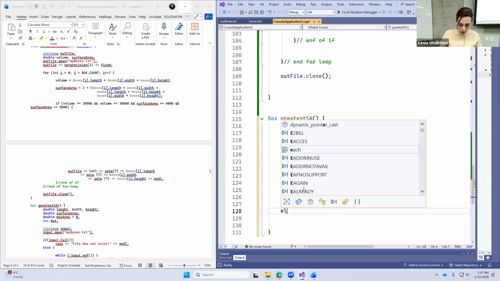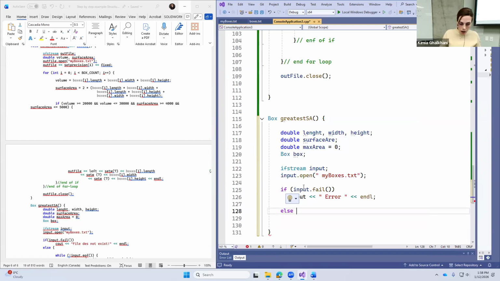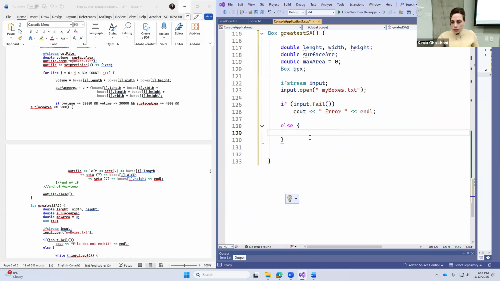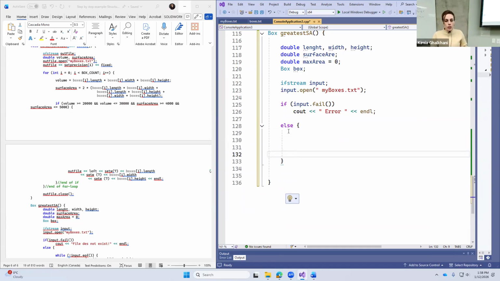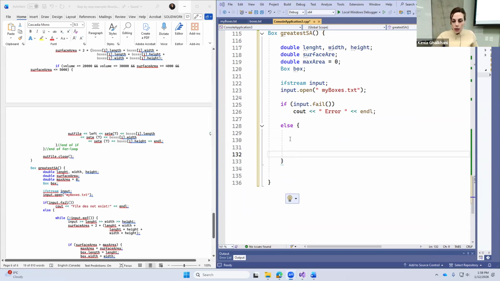Otherwise, or else, do what? Else. Right after that, if it is valid, if you can open it, then start substituting those numbers into my equation for surface area and then calculate the largest, or let's say greatest, surface area for me. So how do I do that? I would say if it's not valid, just give me an error. Else, say while